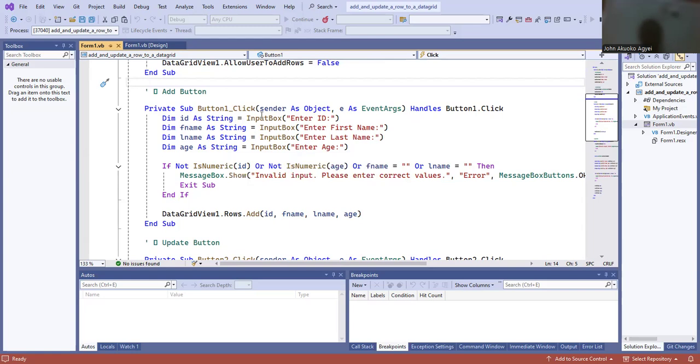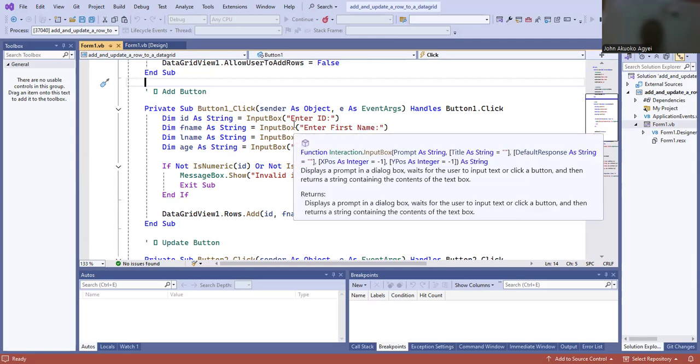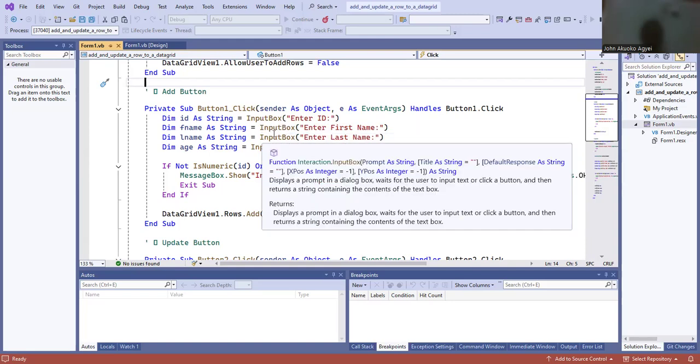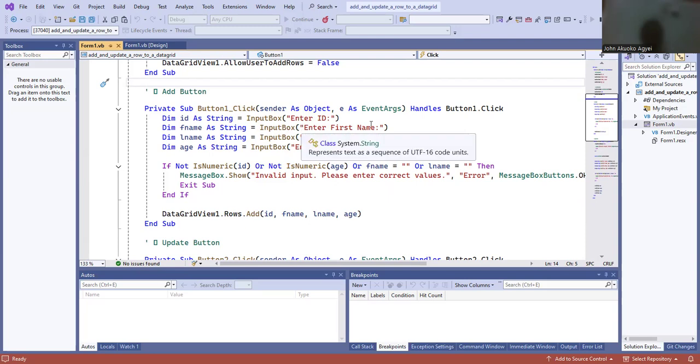So the ID is equal to InputBox("Enter ID"). So when the user clicks on it, the user will see an input box pop up with a message, enter your ID. When the user enters the ID and presses OK, a follow-up message will appear which has the same input box: enter first name, enter last name, enter age, in that sequence. So if the values entered by the user for the ID and the age are not numbers or are not numeric,